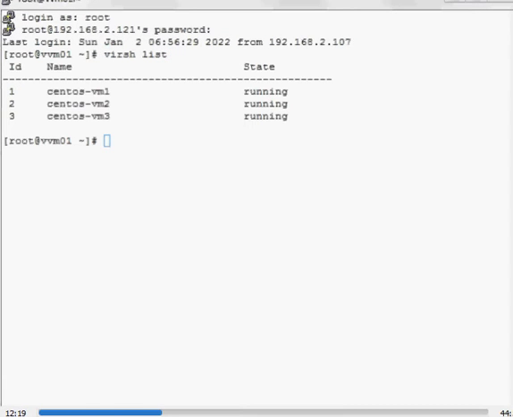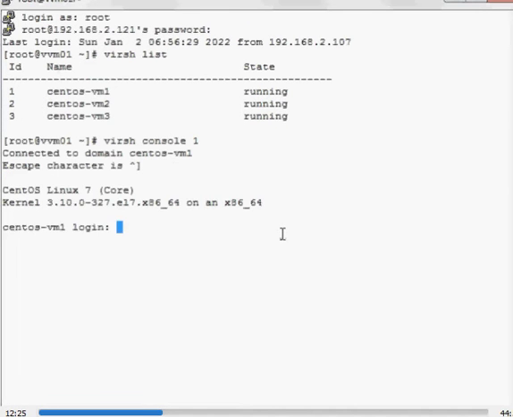Now, since it is KVM, you can use this command to see the console. And now we will log into the console of the CentOS VM1 server.